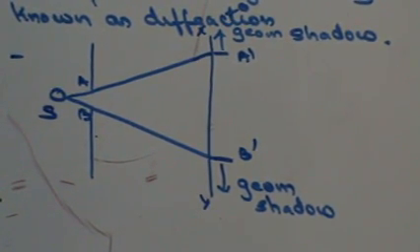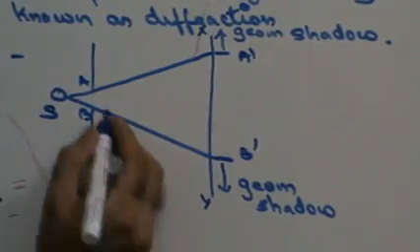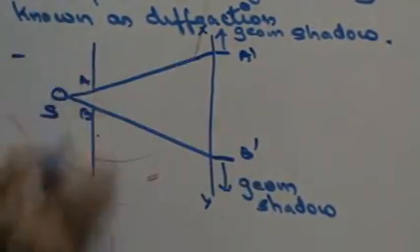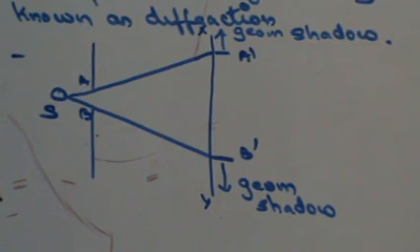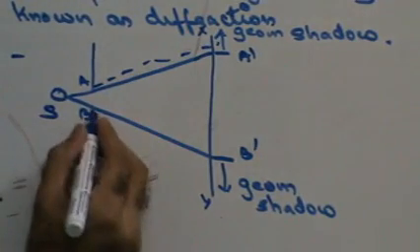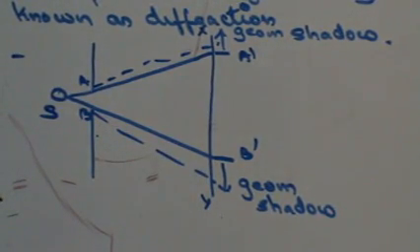Now, AB is the obstacle of the geometrical shadow, right? Ideally, because of bending, this ray of light would bend outwards and would encroach the geometrical shadow, right? Because if the size of the slit and the wavelength are comparable, then the ray of light,